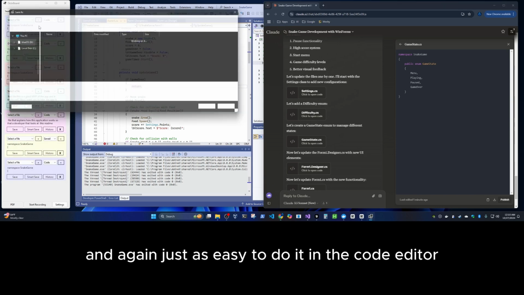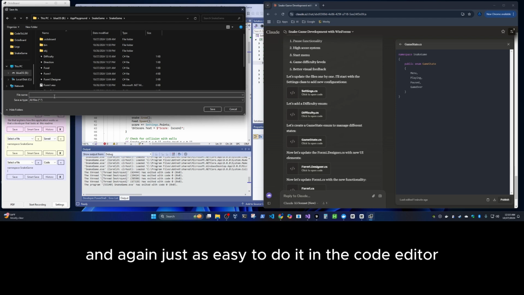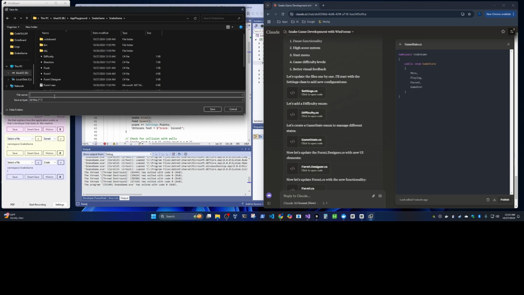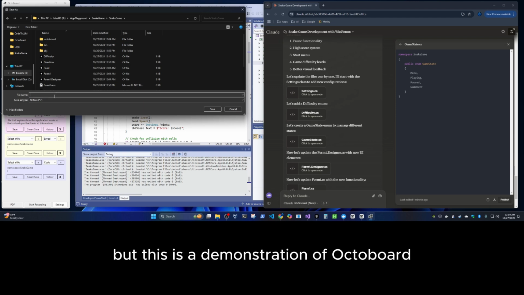And again, just as easy to do it in the code editor. But this is a demonstration of Octoboard.